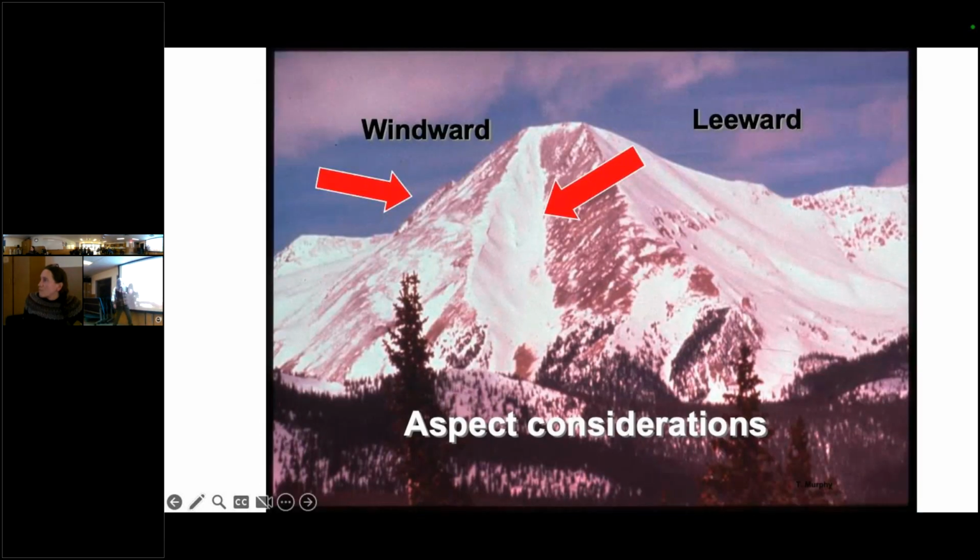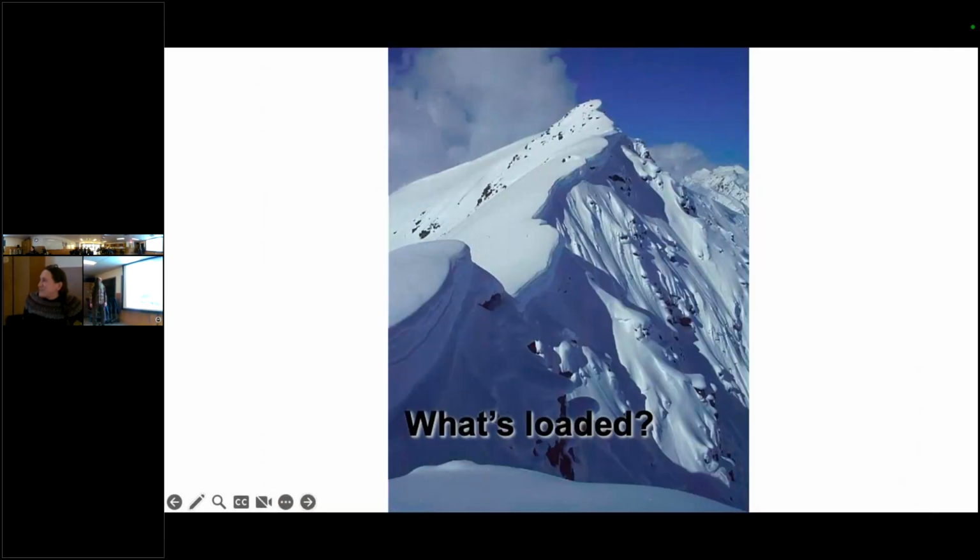Can you guys tell which way the wind's blowing? Left to right. You can tell from these cornices here, they show you the direction of the primary wind. What are our typically loaded slopes around here?